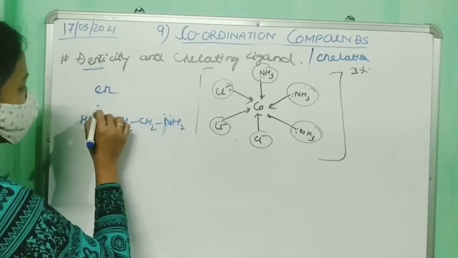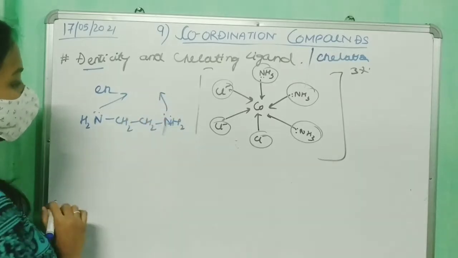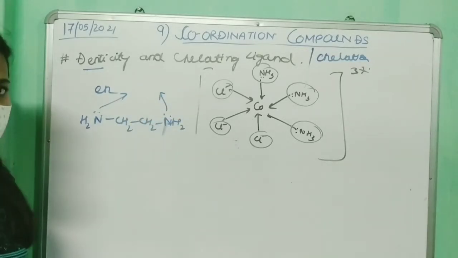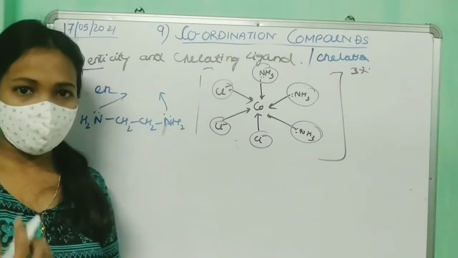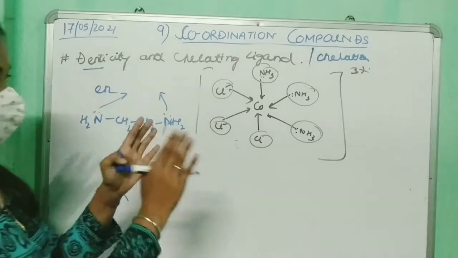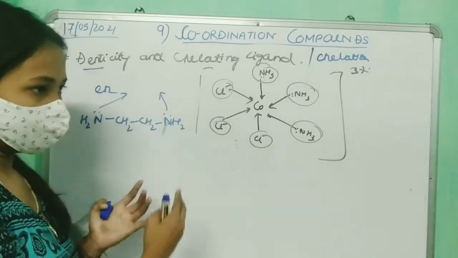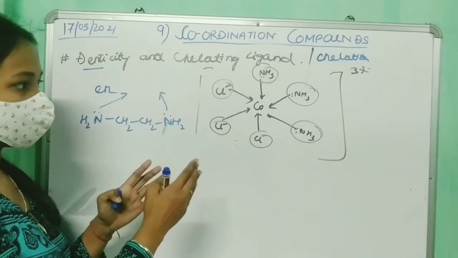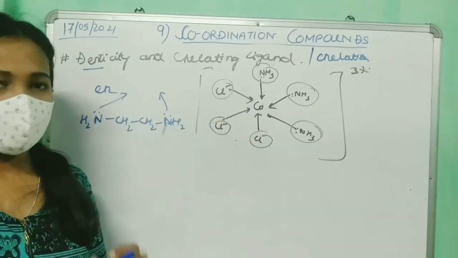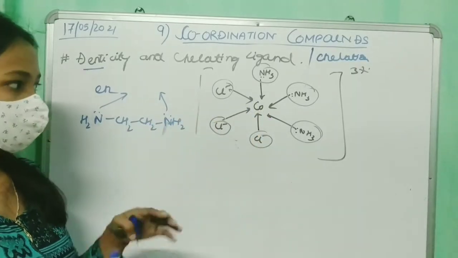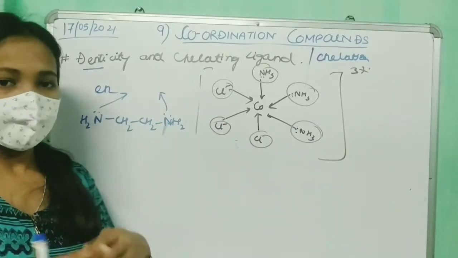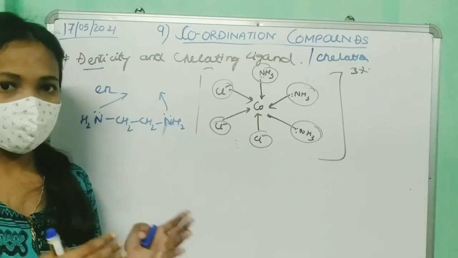The 2 nitrogens can bind the central metal ion, therefore the denticity is 2, and it is a bidentate ligand. Similarly, there is tridentate ligand, tetradentate ligand, and so on, right? But after the monodentate or unidentate, the bidentate, tridentate, when they have to coordinate with the central metal ion, they usually form a 5-membered or a 6-membered ring, right?